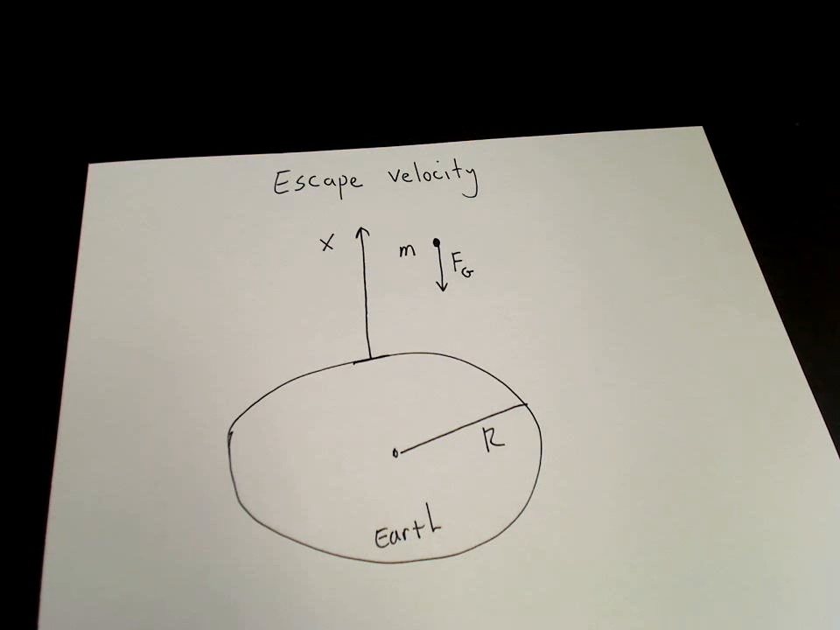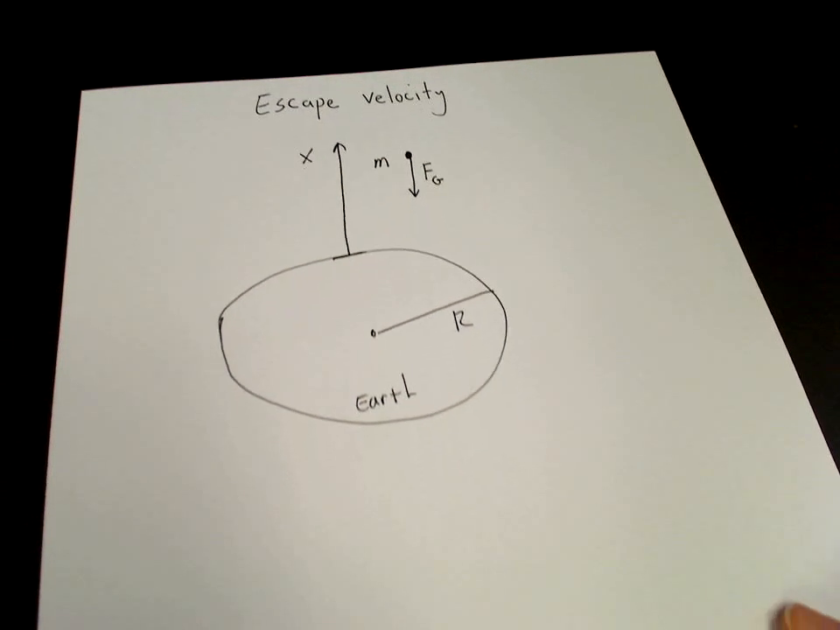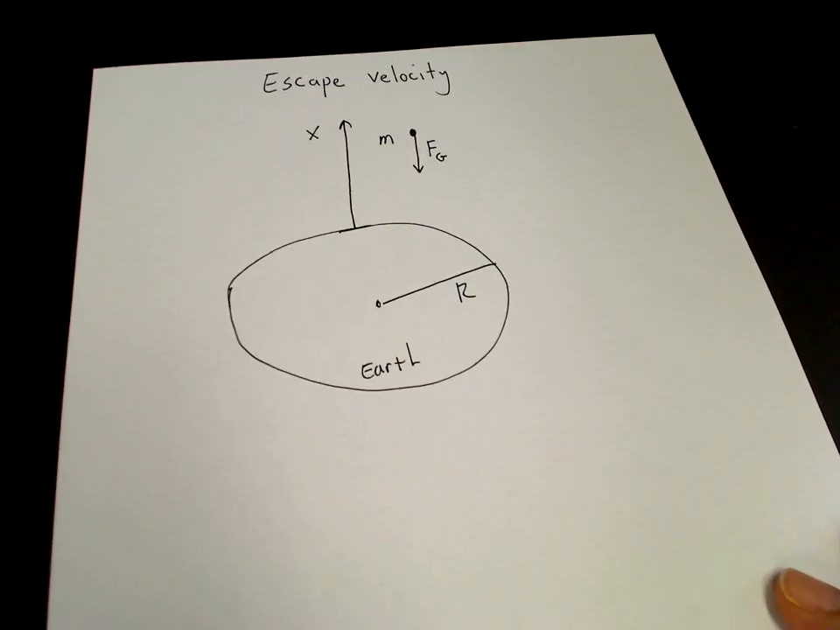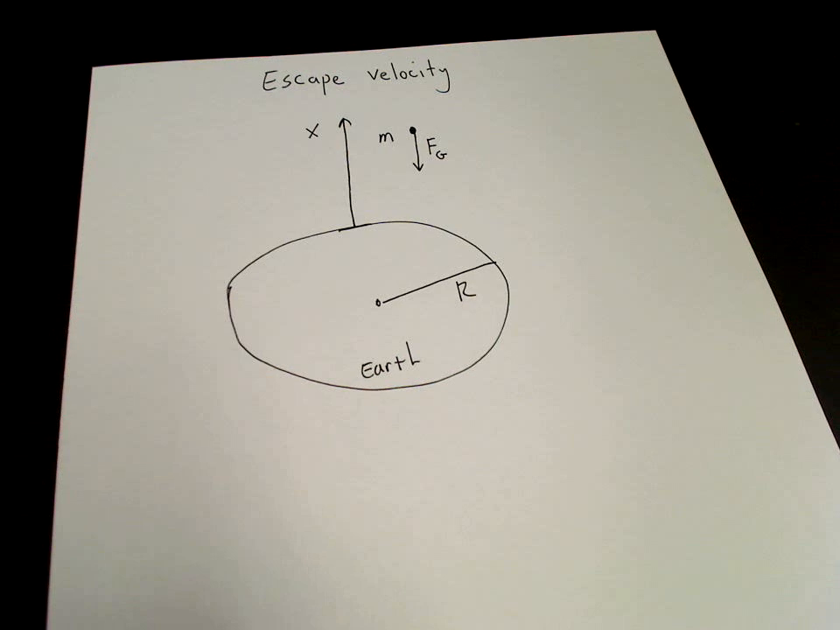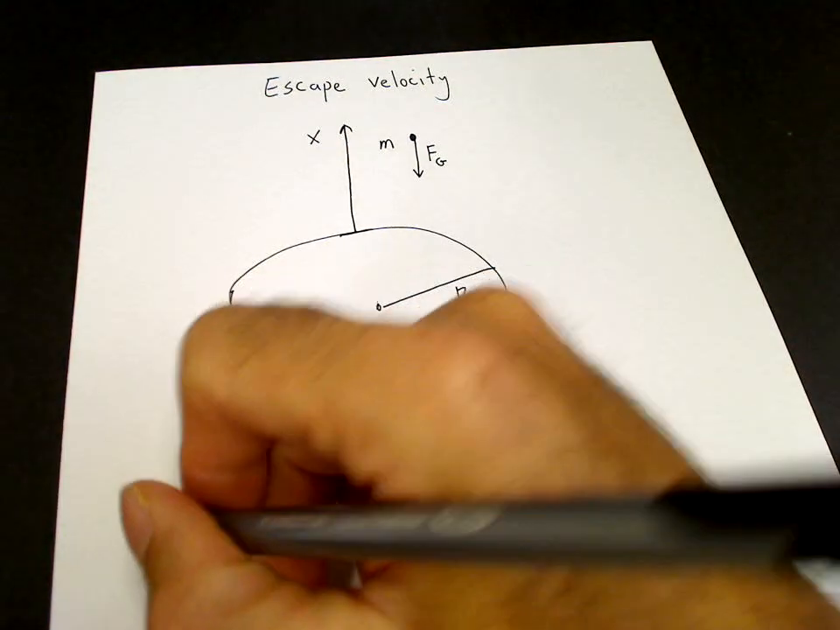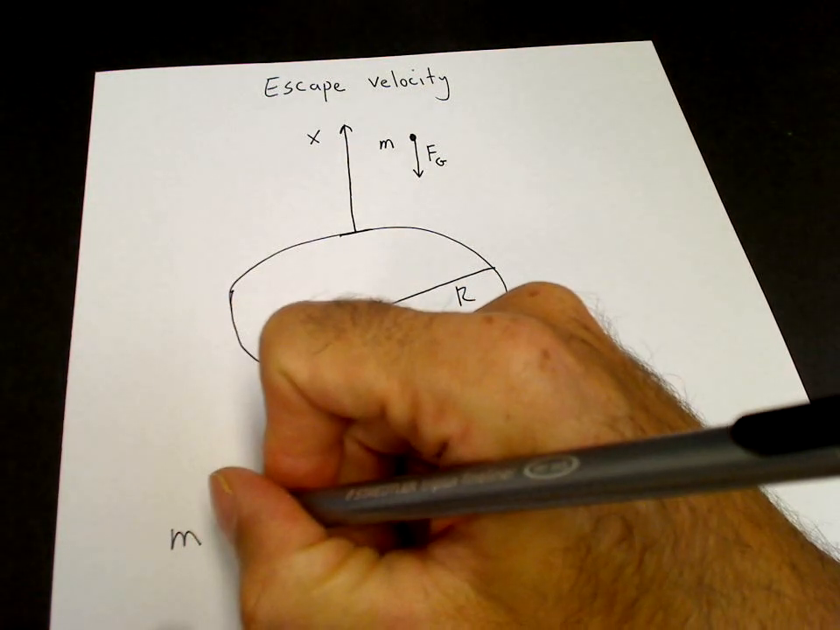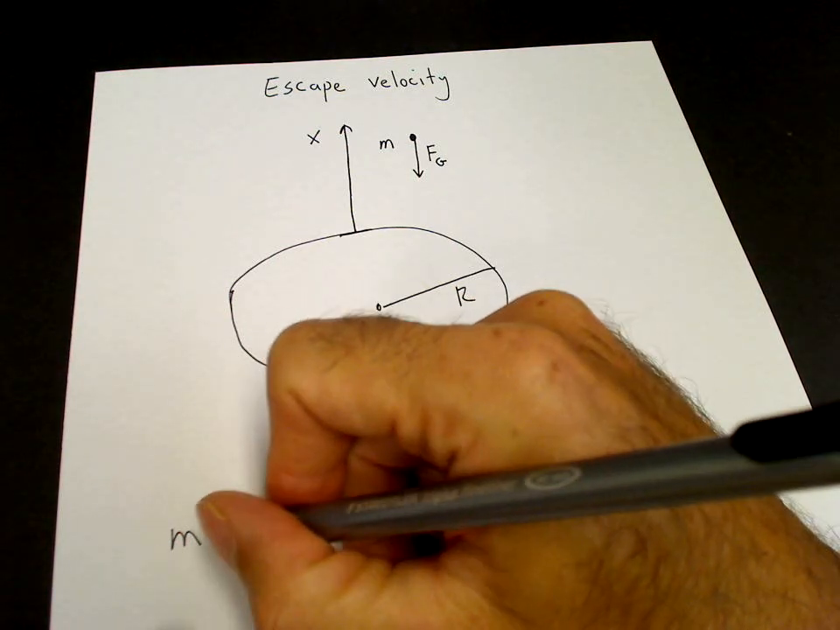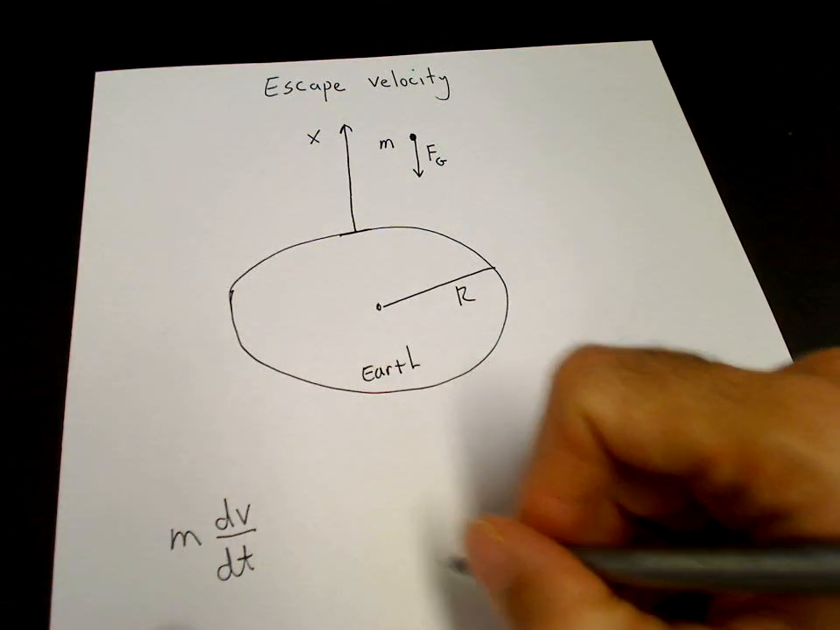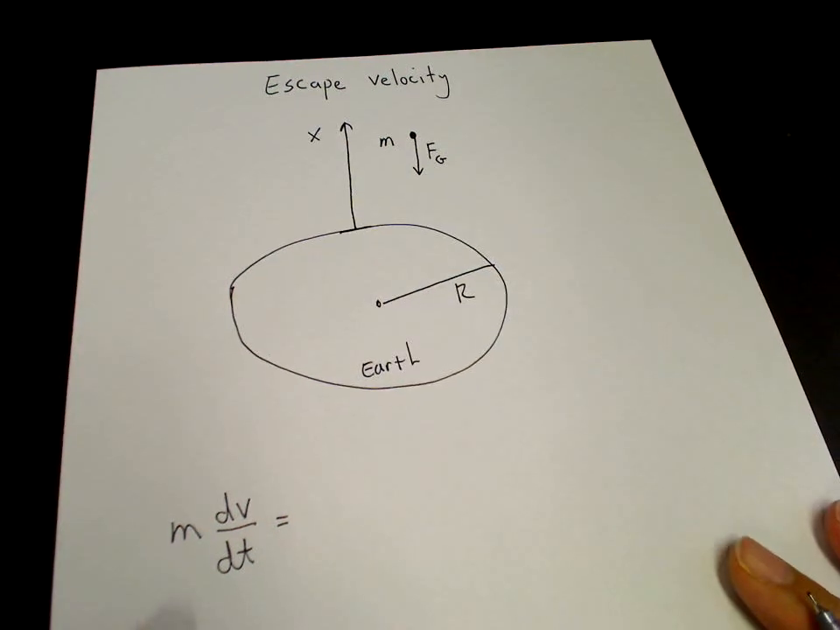The only force of interest to us here is the gravitational force. The gravitational force now will depend on the distance to the Earth following an inverse square law. So let's recall what the gravitational force is and write down the equation. So we write down the equation for F equals ma. So we have the mass times the acceleration, which I can write as dv/dt, is equal to,